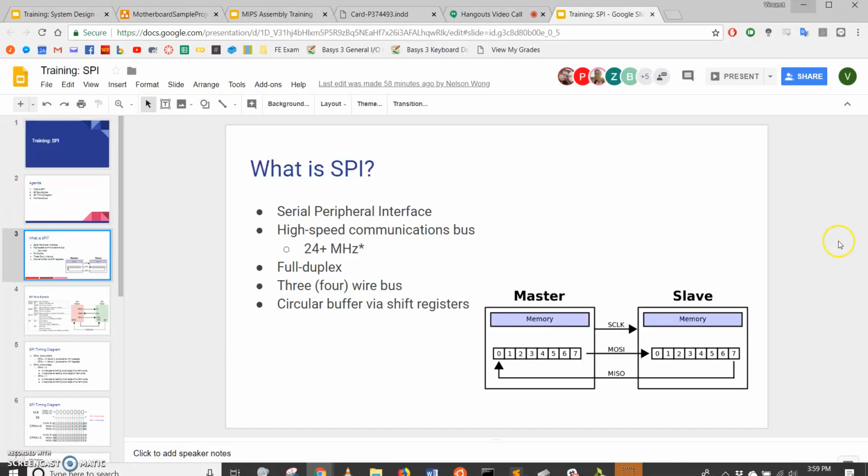The idea is that new data is loaded into that register for the slave, and as that transaction occurs, new data gets sent to the slave and gets read. So, for example, you might have a temperature module that communicates over SPI. That temperature module has a register that holds the temperature value. And so the idea is that that temperature value is written to that register, and when the SPI transaction